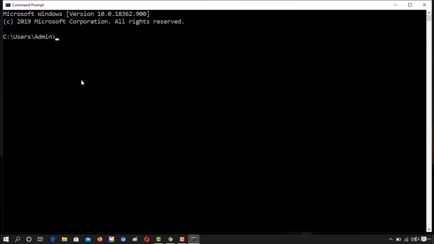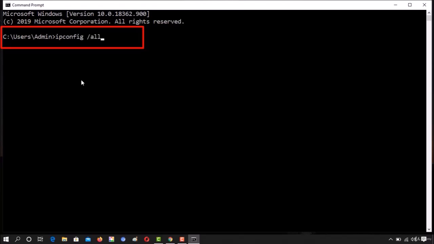You can see it is C:/users/admin. Now what is admin? Admin is the name of the person who is using this PC and is logged into this account right now. This name may change in your environment. The command to find out the MAC address is similar to the command for finding the IP address, with a slight difference. So type